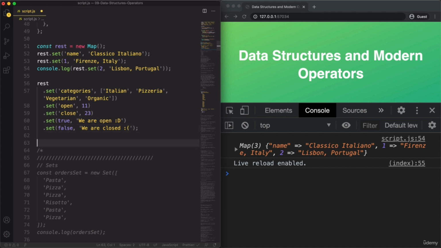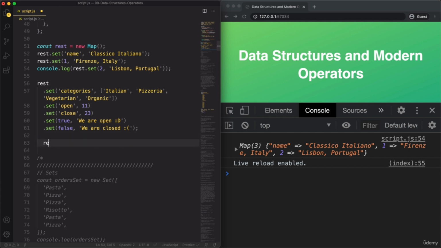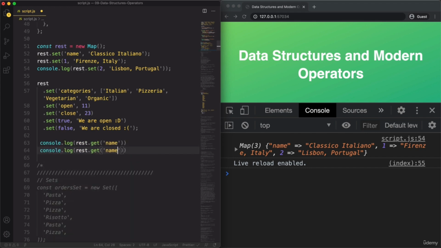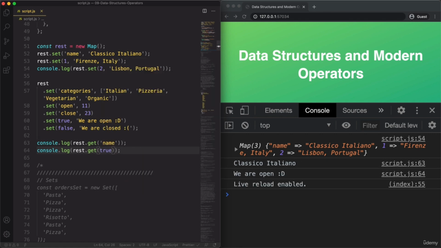Okay. Now, in order to read data from a map, we use the get method. And so that get method is available on all the maps. And so all we need to do is to pass in the name of the key. So let's log this to the console actually. And let's just duplicate it here and also log true. And you see that the true key here is then mapped to we are open and named to Classico Italiano,